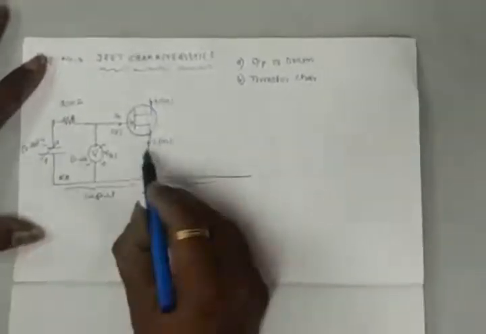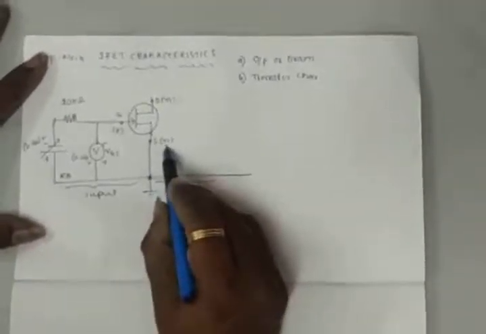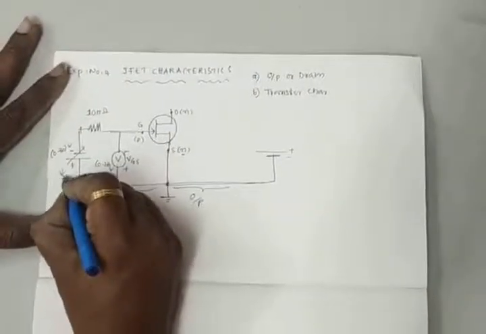Coming to the output side, output must be connected in such a way that source must be forward biased and drain must be reverse biased. Source is forward biased means source is which material? N material, so N to negative. And here drain must be reverse biased, N to positive. This is plus and this is negative. This biasing voltage is connected to the gate, so we call it VGG. This biasing voltage is connected to the drain, so we call it VDD. To limit the current in the output circuit also, we can use one more resistor, that is 1 kilo ohm. Is this clear? Yes. 1 kilo ohm resistor, and this biasing is VDD, and it is also 0 to 30 volts DC. This is DC and this is also DC.